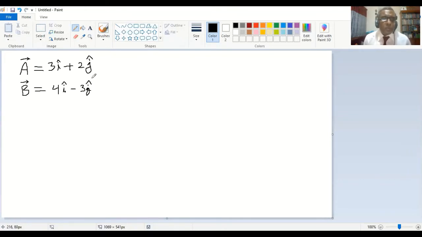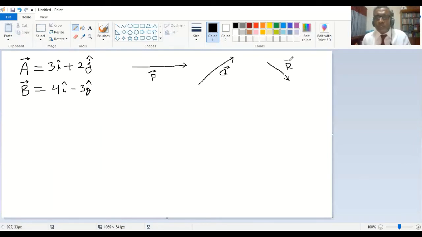In the drawing format, you can also show something as a line. I mean the vector can also be presented as lines, and there will be a direction. Say this is a line and it is the p vector. There is another line, the q vector, and I'm giving another line, the r vector. So by a line also you can represent a vector.